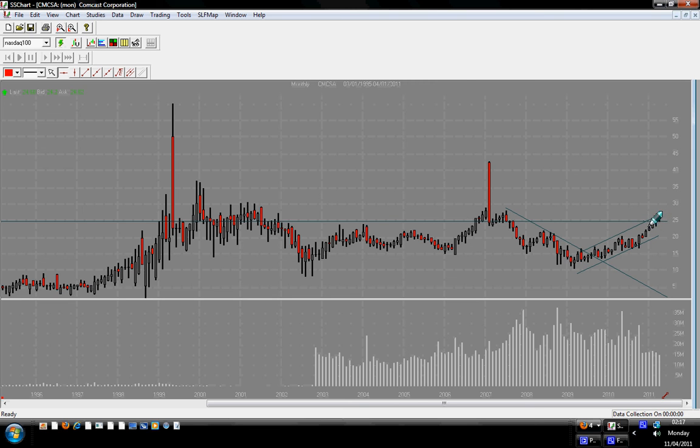So if you receive a signal here to sell, knowing that this is a resistance zone on the daily, the weekly, and also the monthly chart, we will be very glad to take it. Also, we are at the edge of this channel here, and there is a crossing of these two lines again, another hot spot trading zone. So we will be watching carefully here. You see the volume also going down. This looks more bearish than bullish for Comcast.